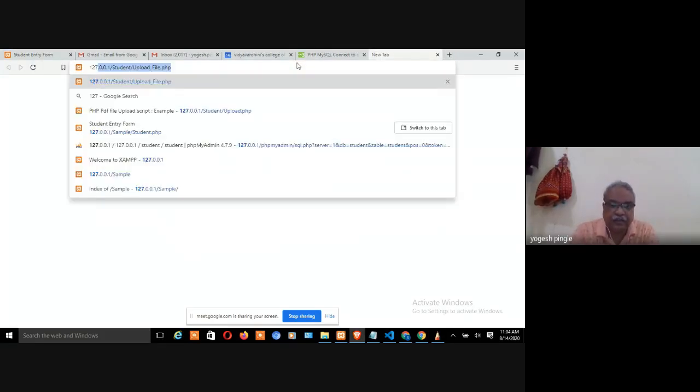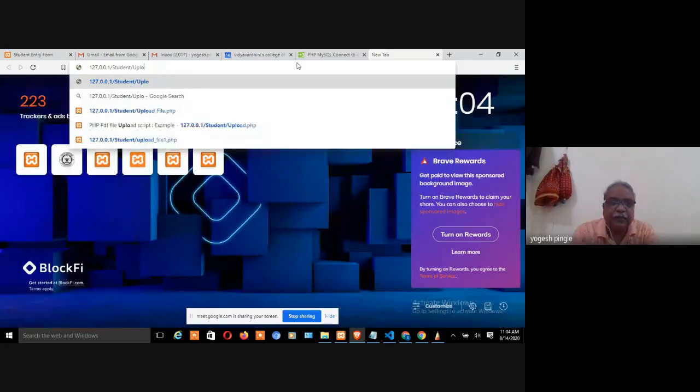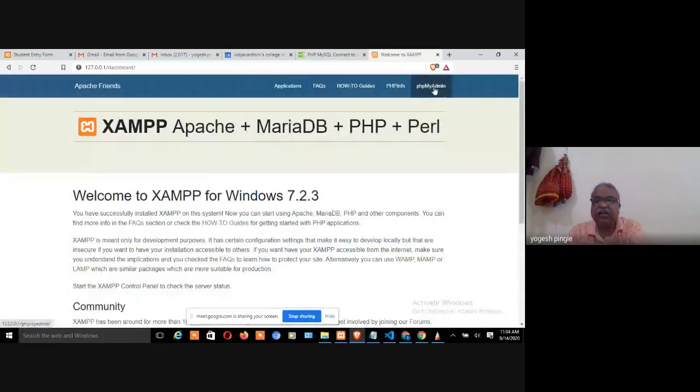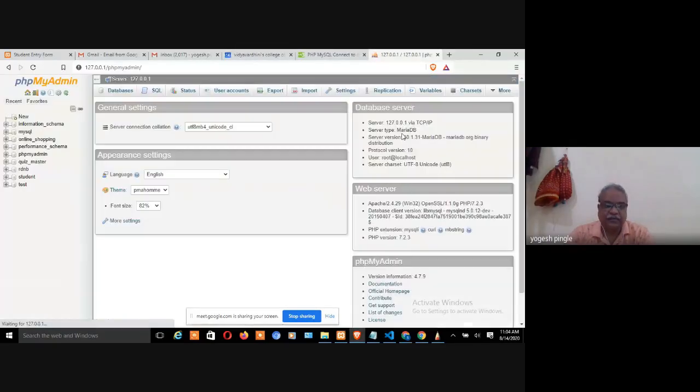Because before putting this form, or after doing this HTML code, we went to PHP MySQL, and first of all we created a database and table, and then we are going to add the PHP. So PHP comes afterwards: first designing of a form, then designing of a database, and then you start the PHP scripting. Without any kind of backend work, that is database and table work, do not start with the PHP. That is the sequence of coding.